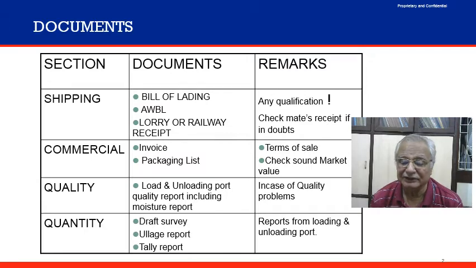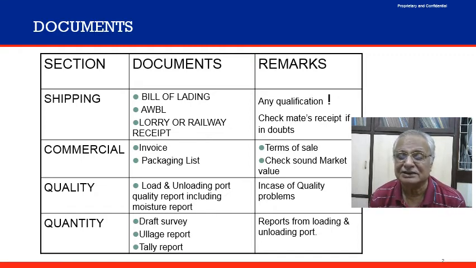Even if the consignee copy is qualified, we should ask for the driver's signature on that. Otherwise, the best practice is that the driver's copy of the lorry receipt has to be qualified,